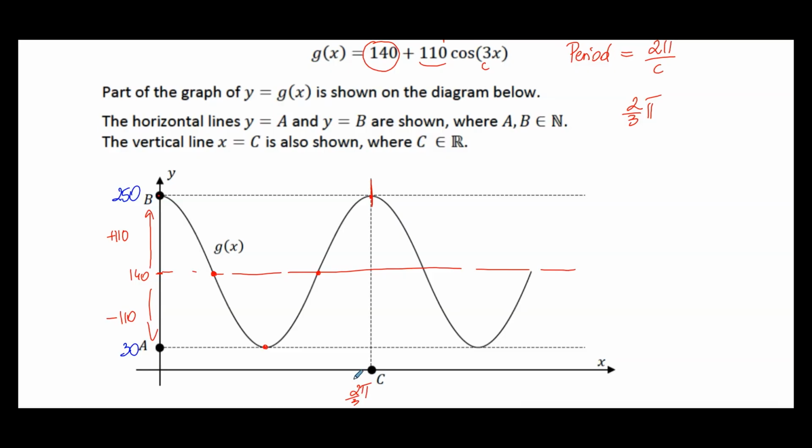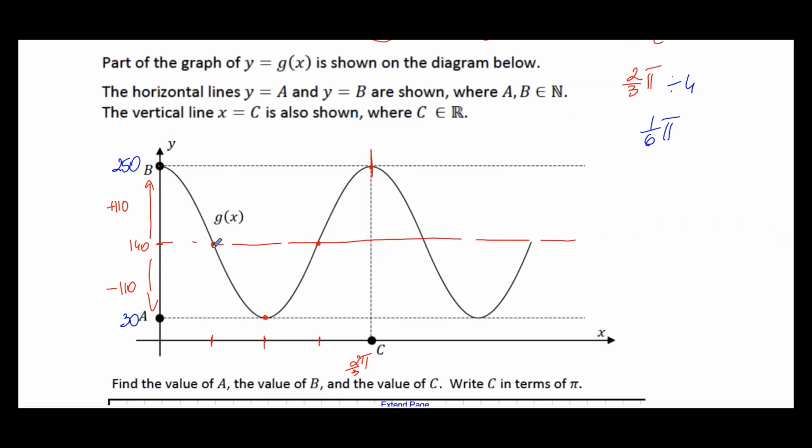Now that period, 2/3 pi, is divided into 4 equal parts. I know they are not looking for it, but for us it's good to know. If we put in the calculator 2/3 pi divided by 4, because 4 equal parts, we'll get that each part is 1/6. So that means the first values will be 1/6 pi, 2/6 pi, 3/6 pi,